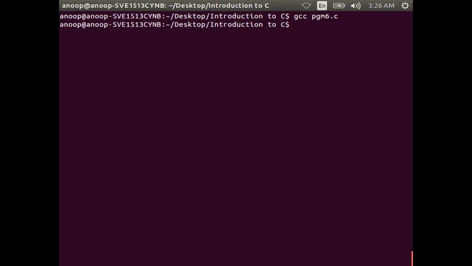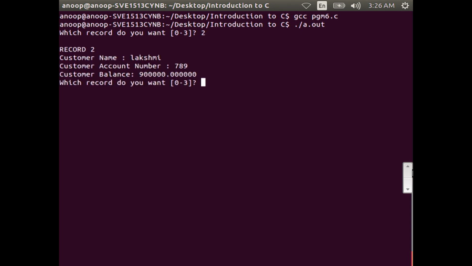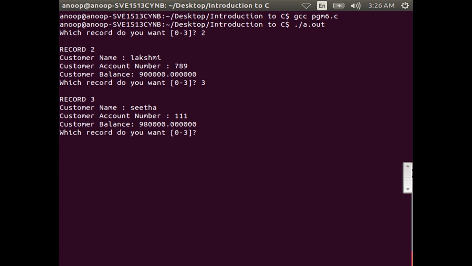The output will be, which record do you want 0 to 3? Suppose you are entering 2 as input, you can see record 2, customer name Lakshmi, customer account number and customer balance. Again you will be prompted for which record do you want 0 to 3. Suppose you enter 3, then you can see record 3, customer name, account number and balance for record 3.